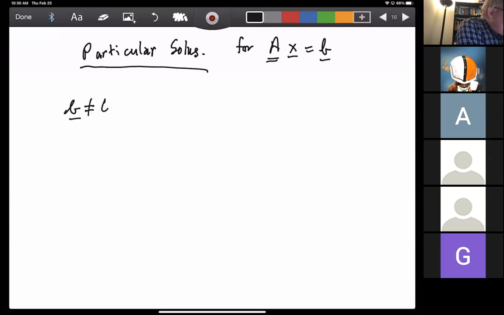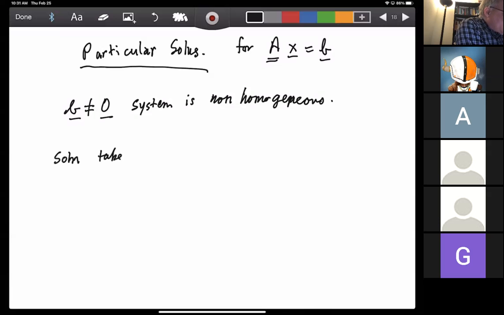When that vector B is not 0, we say the system is non-homogeneous. And the solution of the system takes the form